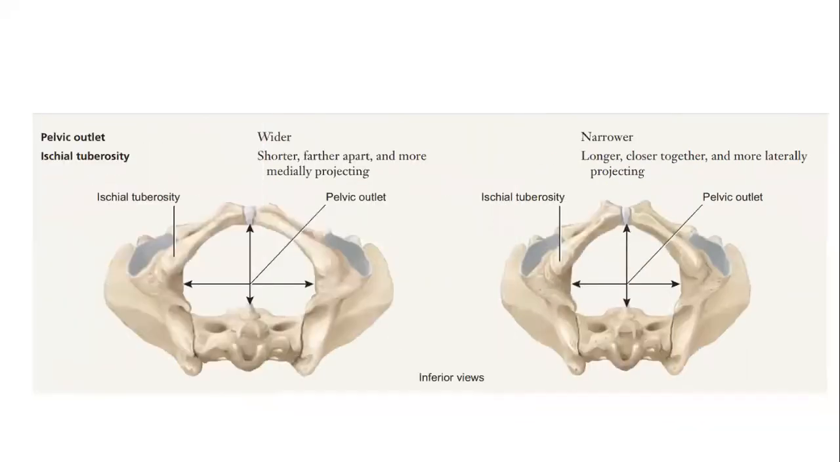Then we have the final part. The pelvic outlet in female is wider, while in male it's narrower. The ischial tuberosity is shorter, further apart, and more medially projecting in female, while in male it's longer, closer together, and more laterally projecting. And that marks the end of our